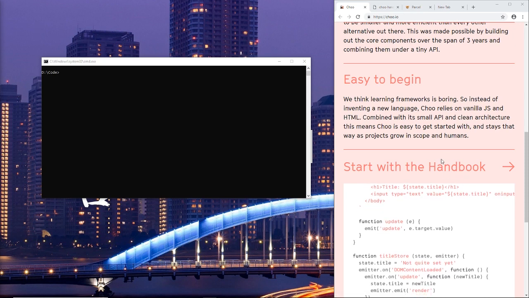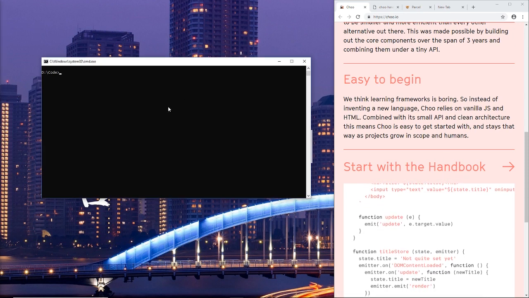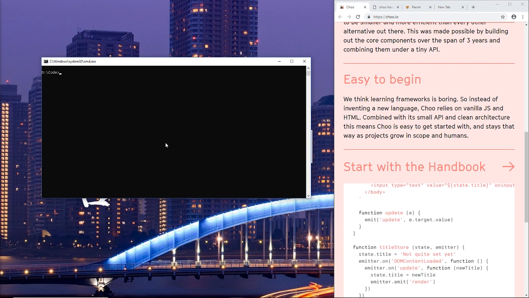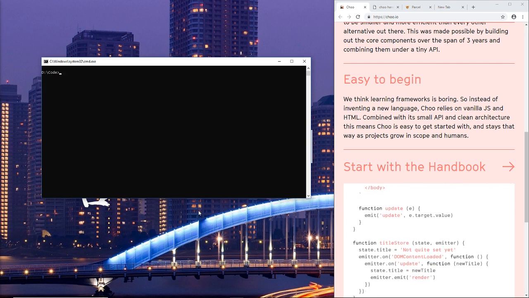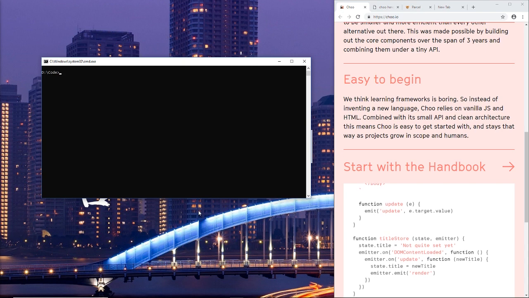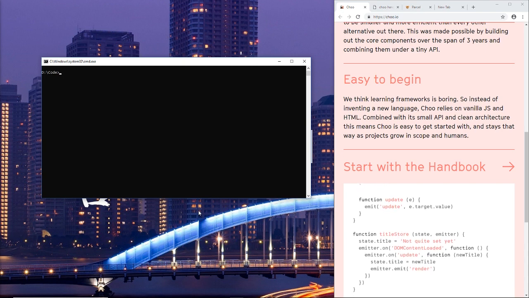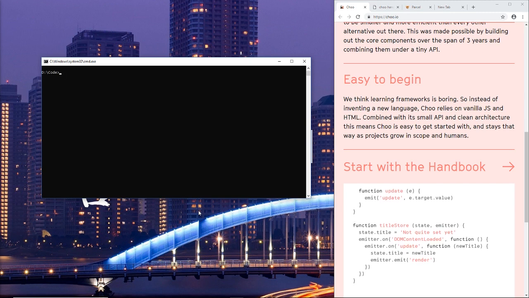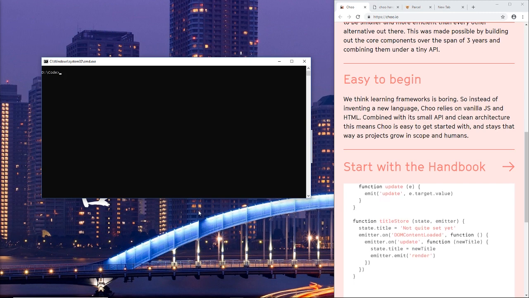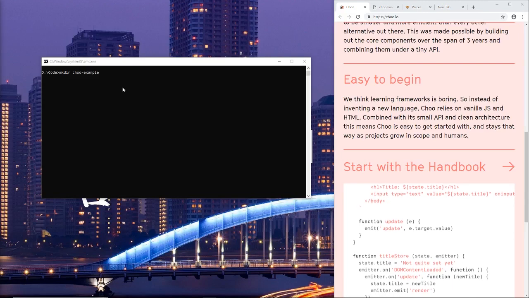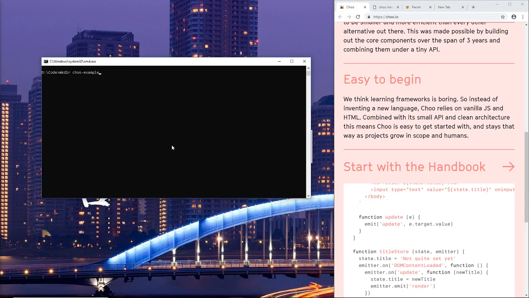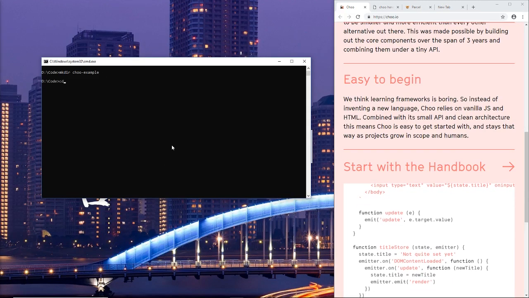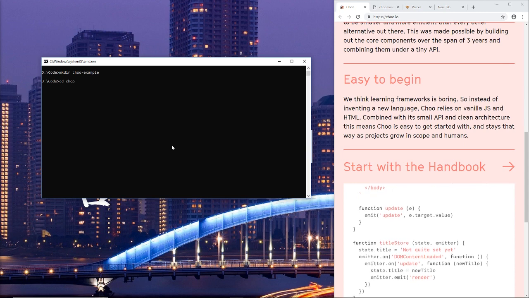So to get started, I'm going to open up my code editor, and to be able to use this framework, you will need npm, Node Package Manager, and you'll have to have Node installed on your computer to be able to use these features. So to get started, we'll create a directory called choo.example where we'll put in all this code, and we'll cd into that